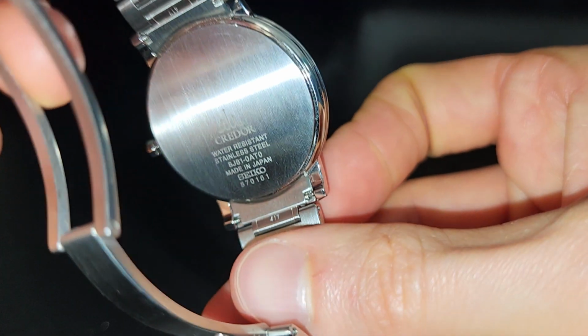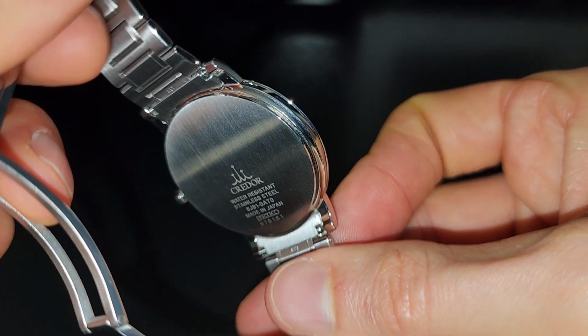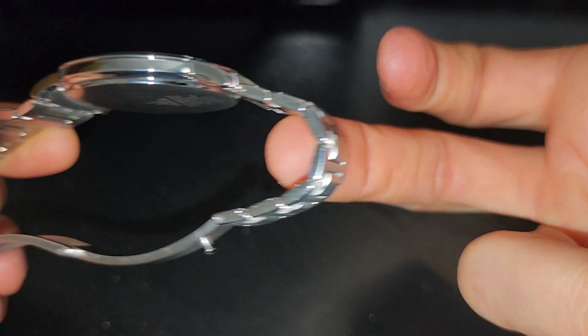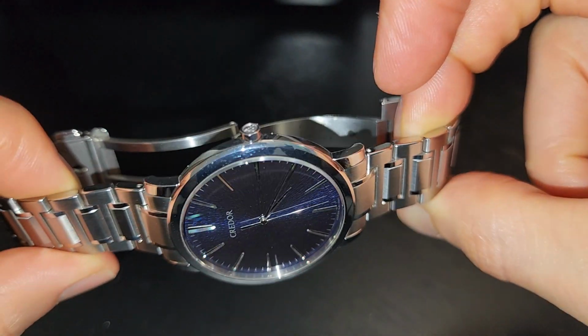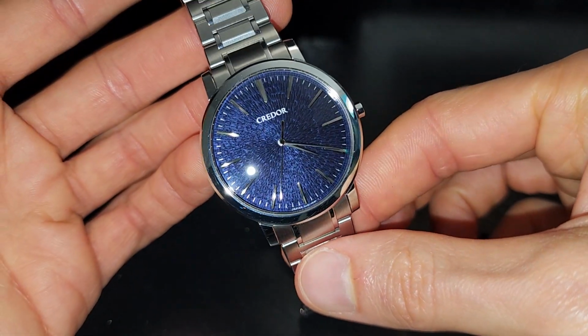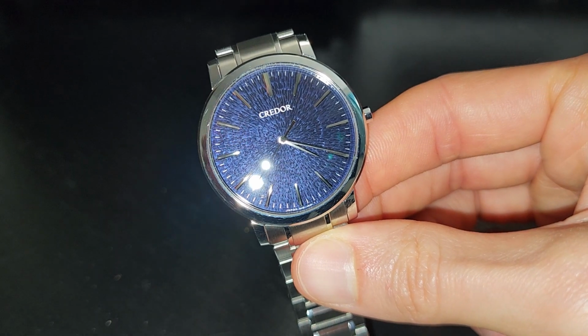On the case back, not a lot to see here, just a stainless steel case back. You can see the Credor logo there. The bracelet is fitted with pins, so if you want to resize the bracelet, you're going to need a pin system, punch system for that. But I do have a strap that I'll be ordering to put on to match the dial, as I always try to do with this piece,